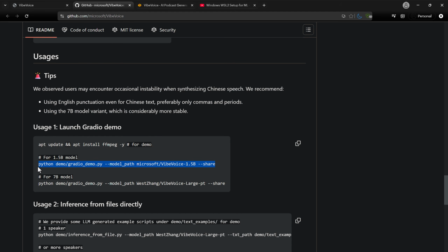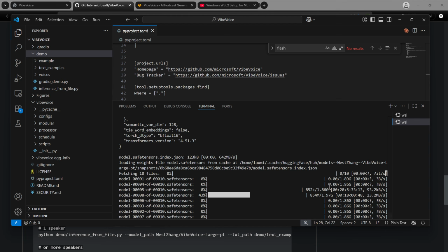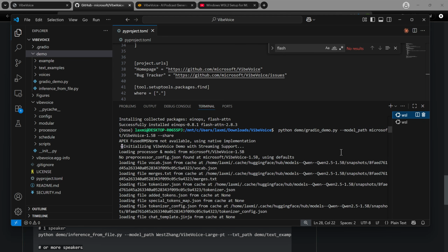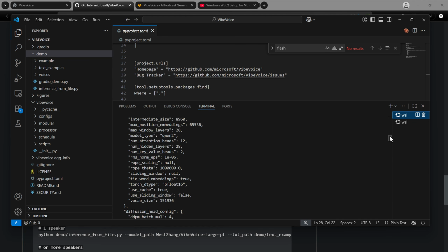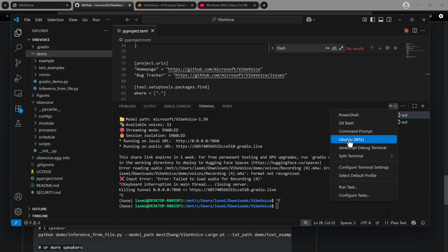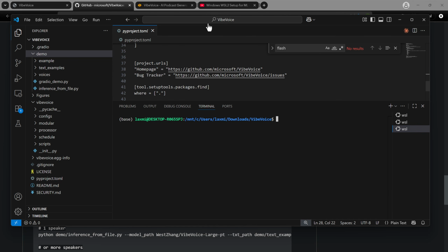I can just simply copy it again from here, and then I can come here. I can go here into the new WSL. All right. That's the new one which I have here. Otherwise, you can create a new WSL here. Basically, you have to make sure that you are in the VibeVoice directory. Thereafter, it will automatically open WSL in that particular directory. So it is inside the downloaded VibeVoice.